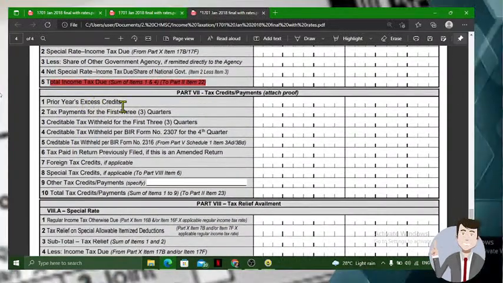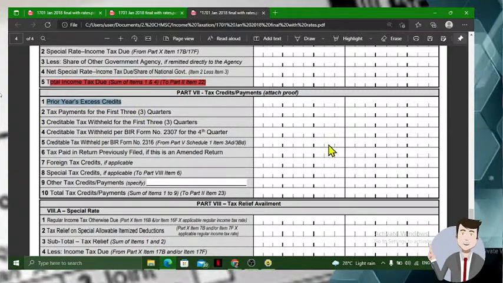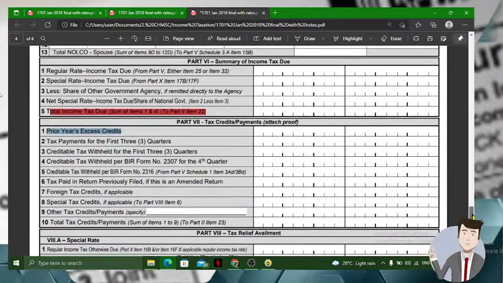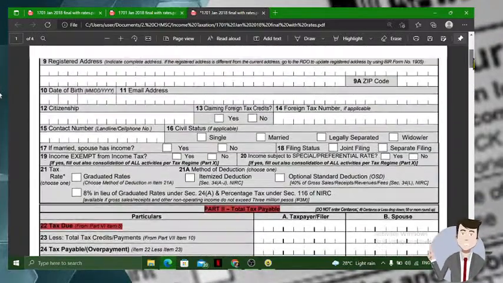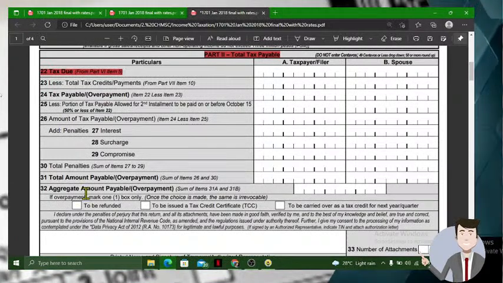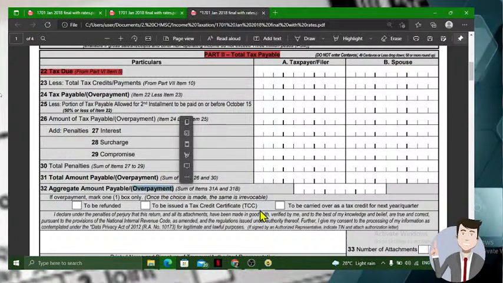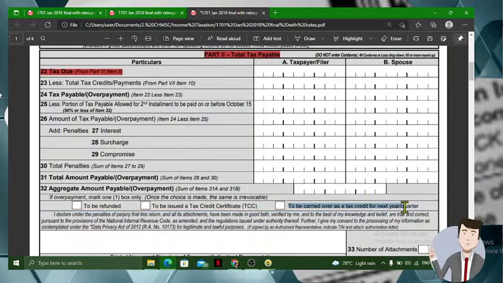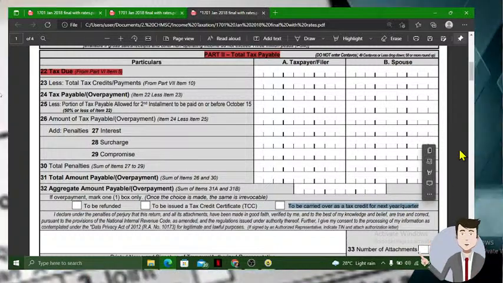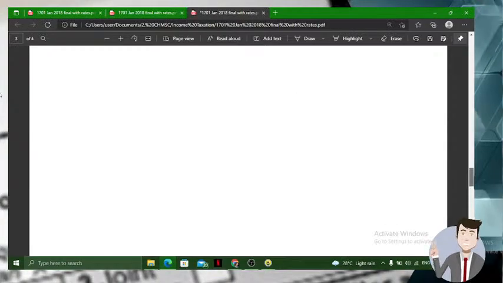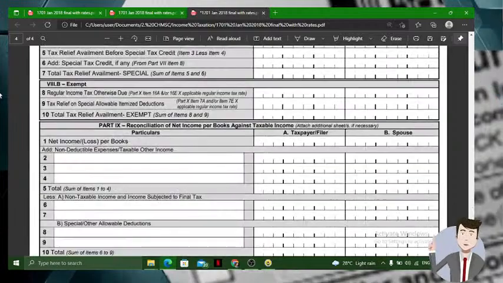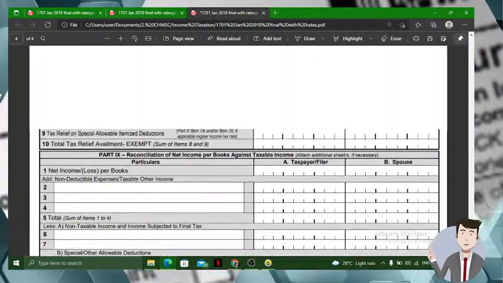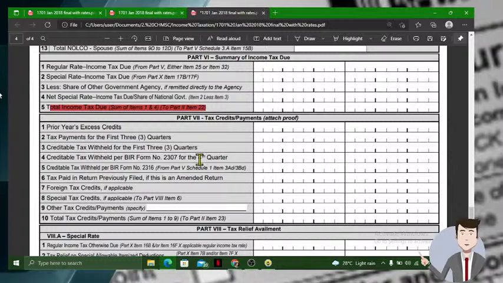So we have your prior year's excess credit. Just in case on last year's nimo nga, for example, this is the return for 2021, kag ang result sa imo nga last year nga filing is negative. Dili sa part number 2, nag-overpayment ka. So ang overpayment mo ginano mo kano to be carried over as tax credit for next year or next quarter. So in short, in your part number 7, I mean,